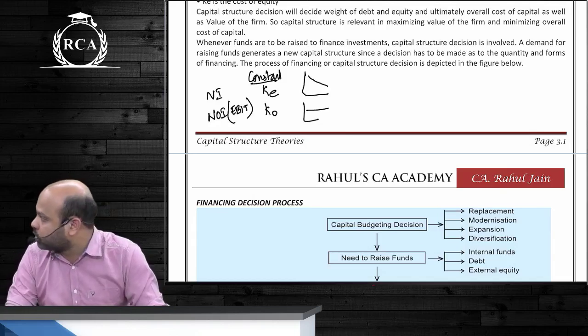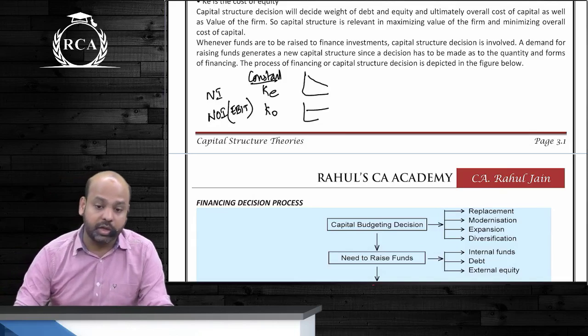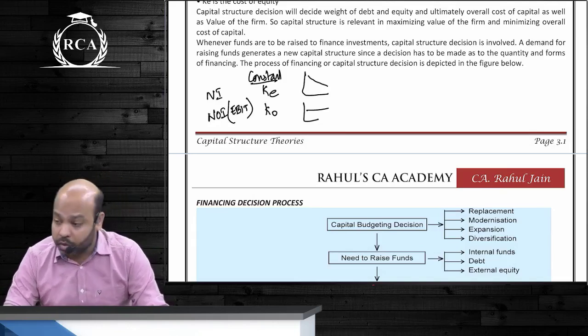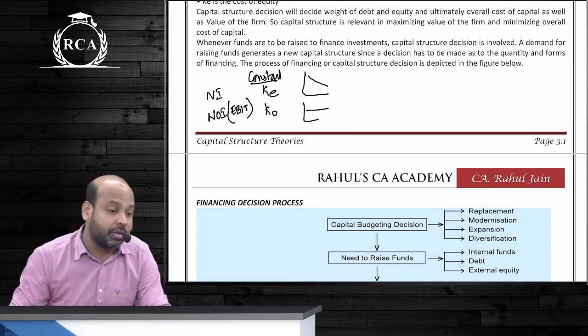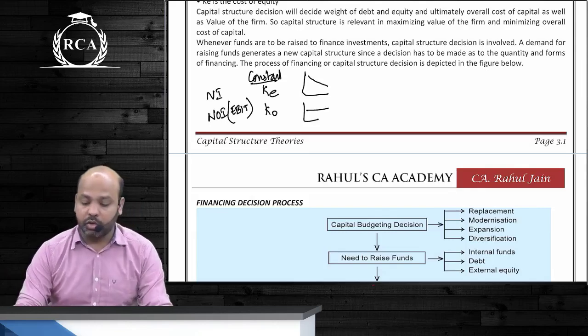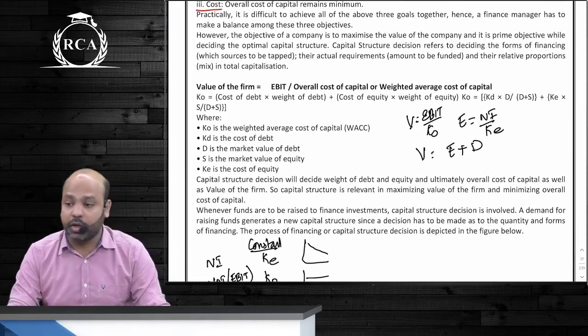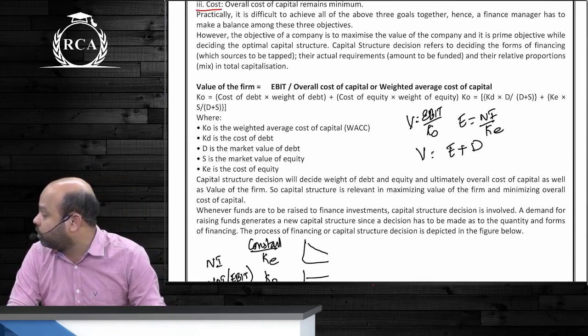How are they going to ask questions under NI and NOI approach, guys? Under NI approach, the requirement will be to compute KO. Under NOI approach, the requirement will be to compute KE. Whatever it is, you are going to use these formulas only. You are going to write V is equal to EBIT by KO, E is equal to net income by cost